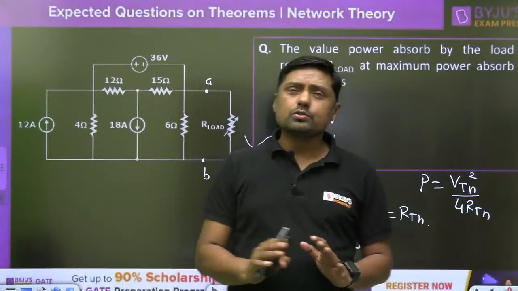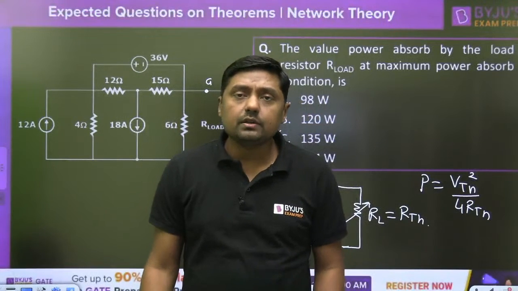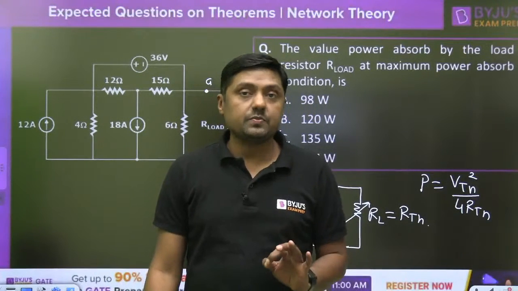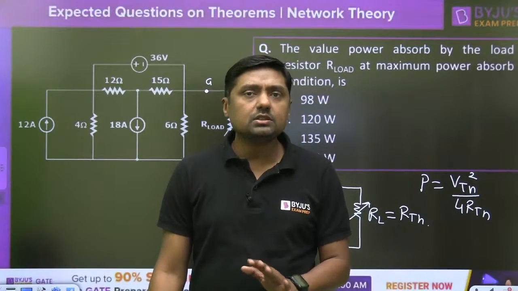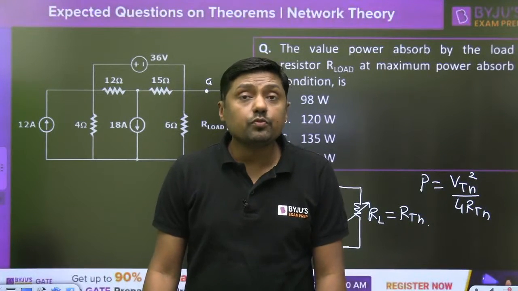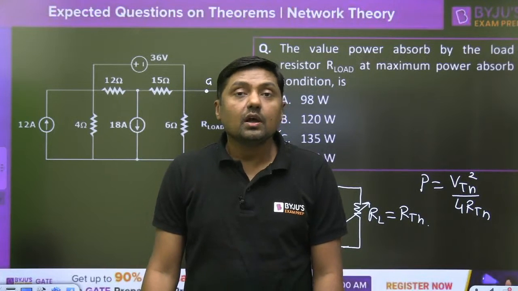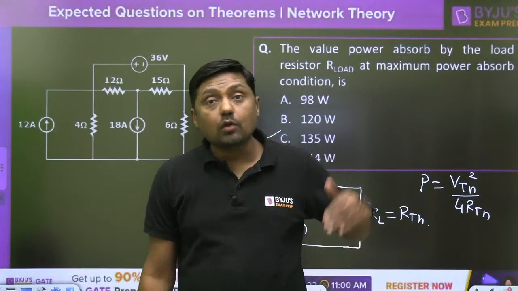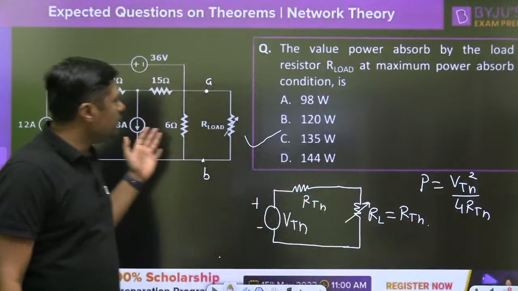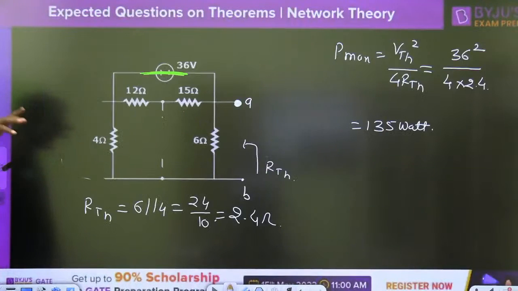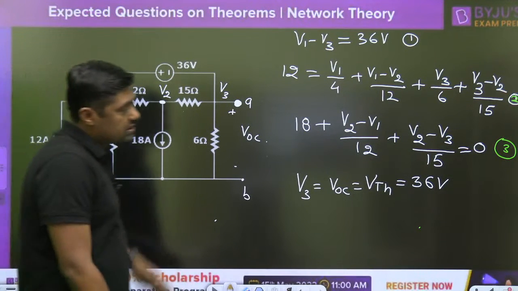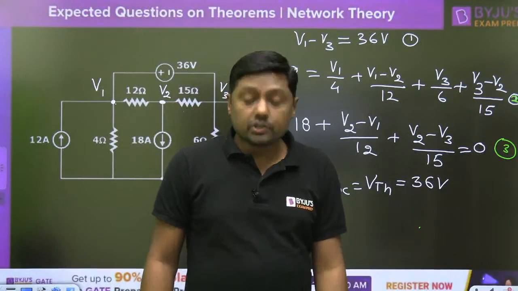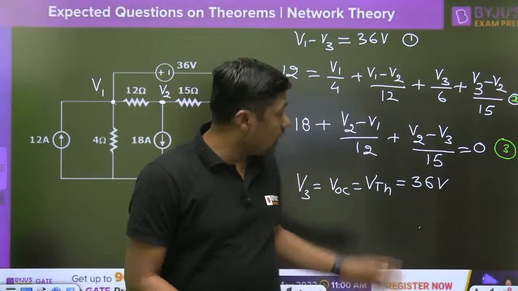What about the question? The question is very simple, right? But time management matters. Within time we have to solve it, maximum 2 to 3 minutes in the GATE exam. If we take more than 2 to 3 minutes, it will become very difficult to solve other questions. This is a very simple question. We have to apply KCL, KVL, nodal analysis, super nodal analysis. You have to decide all these things. Okay, then next question.